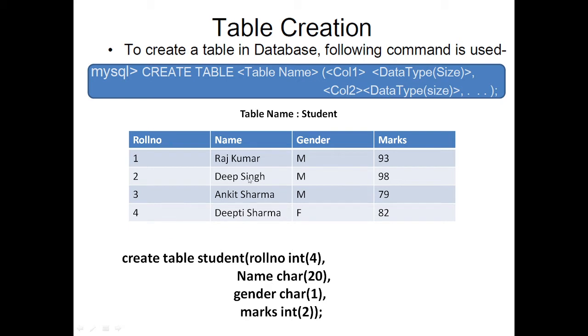Then next is name. Name is again a column, and here you have written character 20. So character 20 is what? Character 20 is a data type which denotes that in this name column you can store characters. You can store 20 characters. Same way gender is a column. So gender denotes that the data type of this gender column is character. So in this gender column you can store 1 character because the limit is 2.